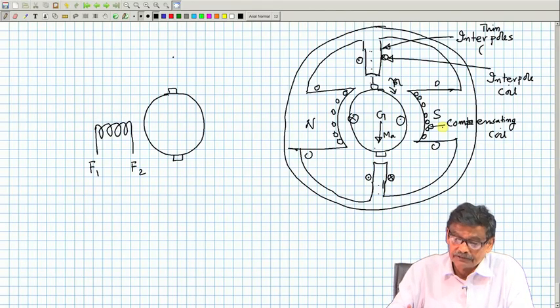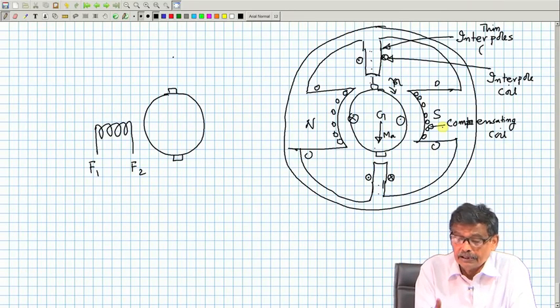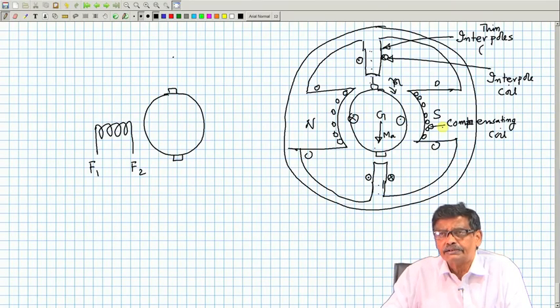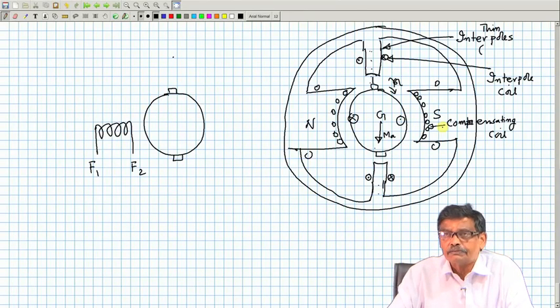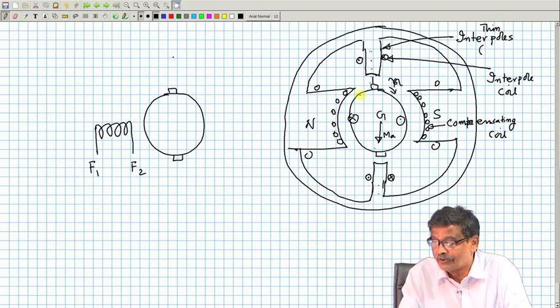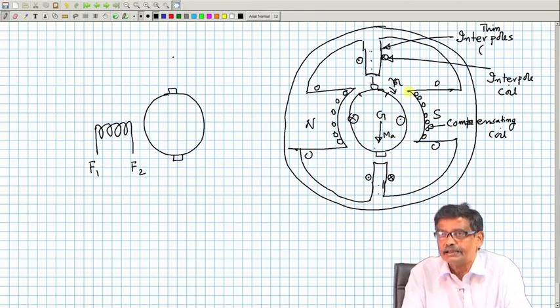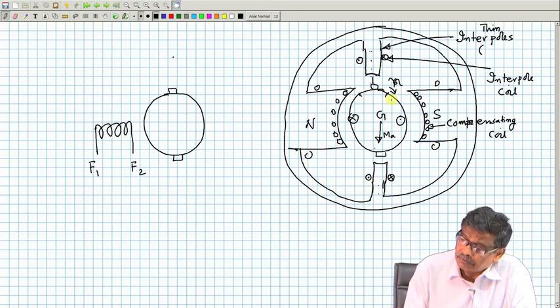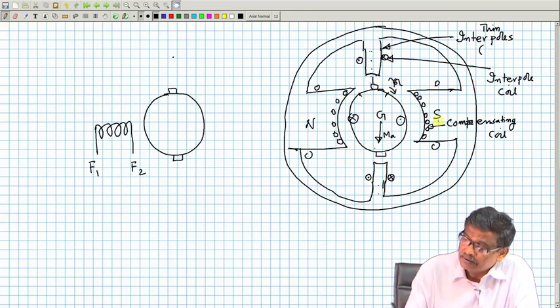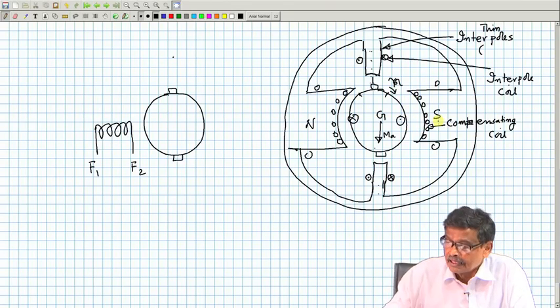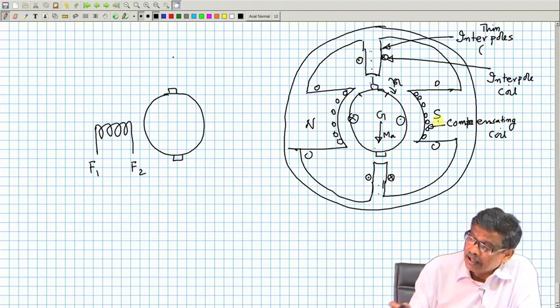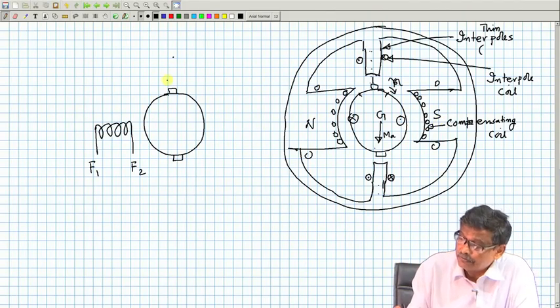With the compensating coil, you get rid of the armature reaction problem for the majority of the armature conductors, but still you cannot compensate for conductors lying in this zone, because this coil ends there. So, to avoid this flux, whatever is left, you connect some interpoles in this zone,